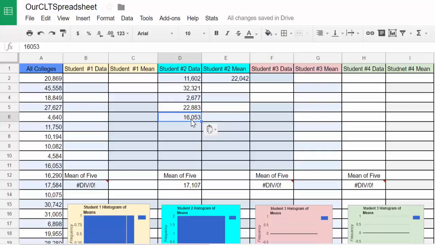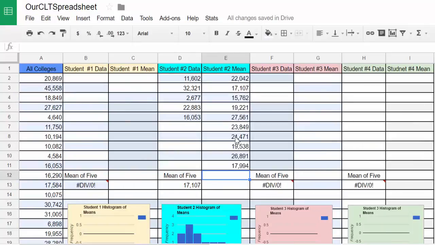And then when I've got all 5 of those in, I notice that my mean of 5 is 17,107. I put that into the next row here. 17,107. I hit enter, and I have to do this 10 total times. I've now collected the sample means for each of the 5 data sets that I got from this random number generator. And I can take a look, if I scroll down a bit,